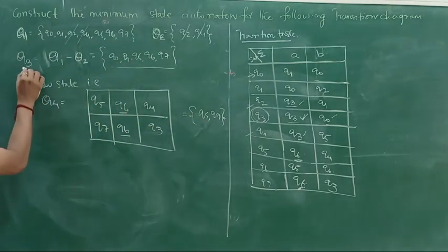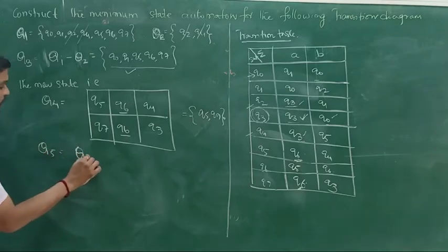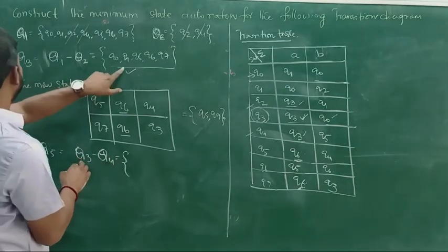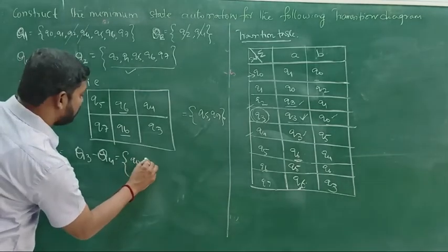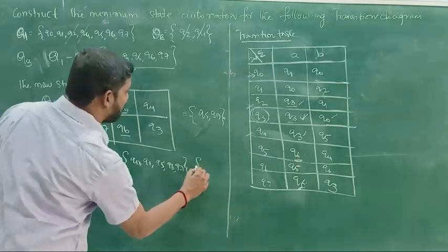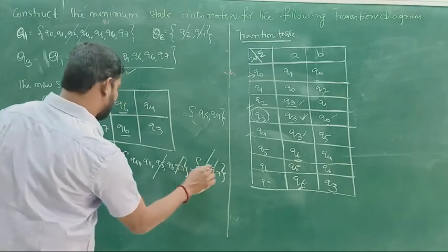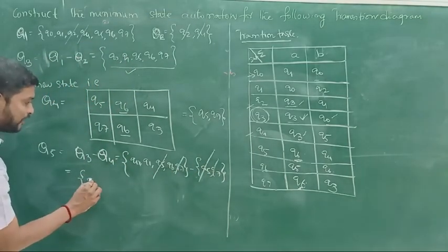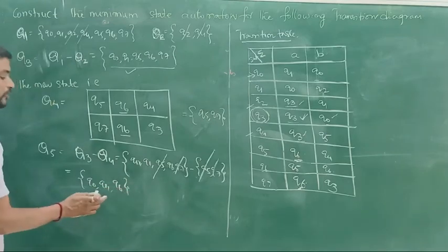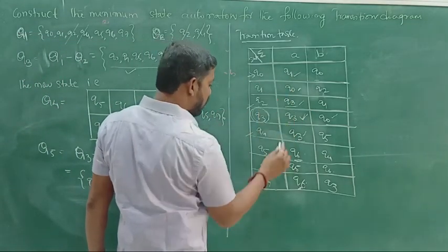Now the created final set, this is q3, and then q5 is equal to q3 minus q4. So q3 minus q4 and q3, this is the set, and then q0 q1 q5 q6 q7, so minus q5 and q7. So the next set is q0 q1 and next q6. So q0 q1 and q6, here we have the set q0, next one q1 and q6.